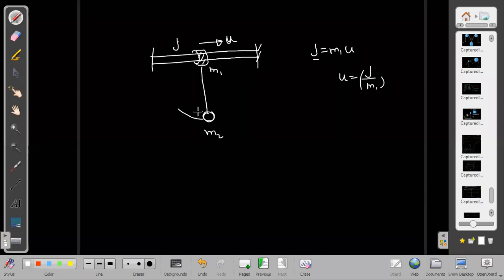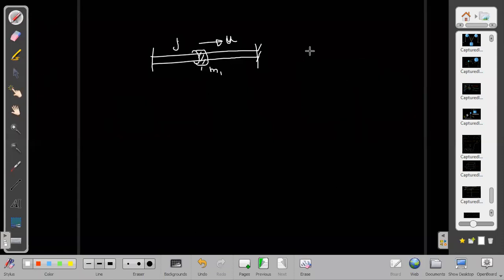How high will the mass m2 rise if I provide it a velocity u? So now it is not starting from rest, obviously. Finally, also the system will not be at rest. Will it be at rest at last? No, because momentum has to be conserved. So it will be this kind of equation this time.